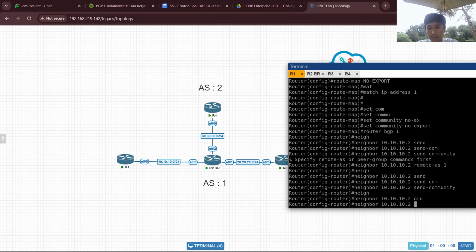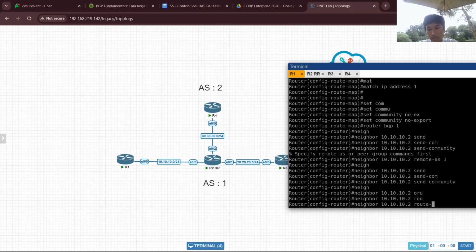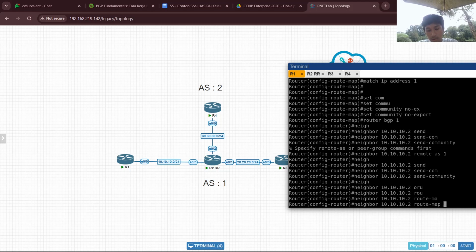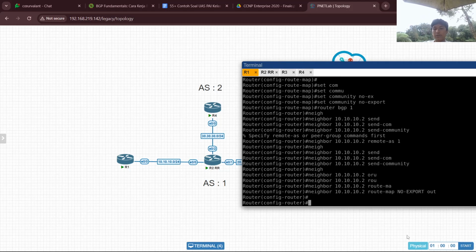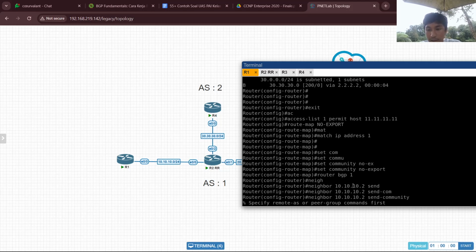And then route map no export out. So it means we will send our route map that does not export this IP address through the router 2.